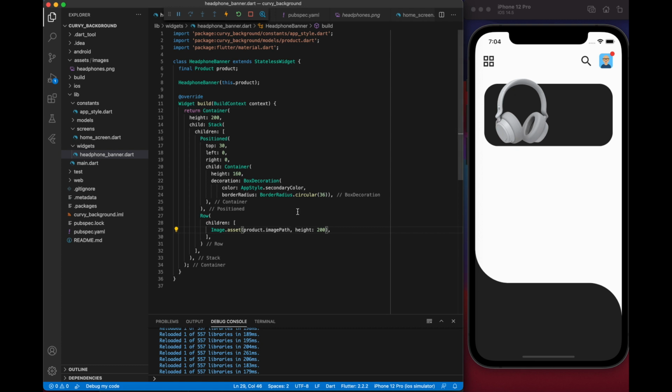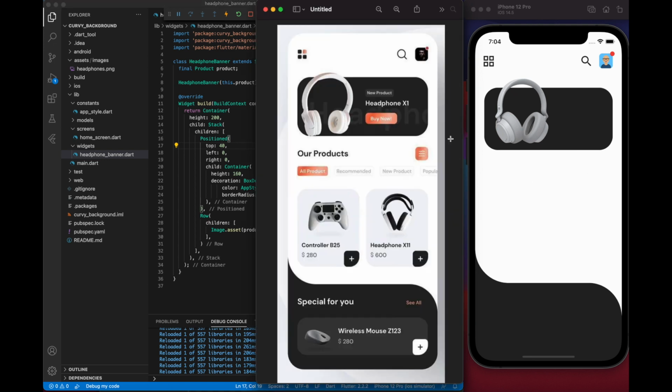And we've set up the image to look like that. Now you can see it's already jutting out a bit. And if we do maybe 40 on this, there we go. That looks pretty good. And now that we've set that up, we can go ahead and continue building out the